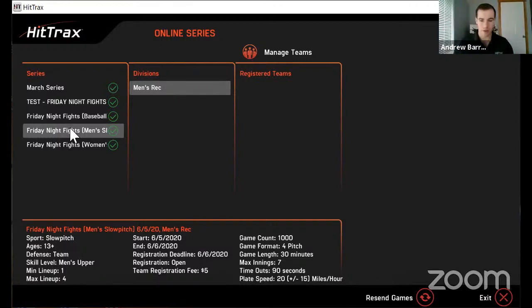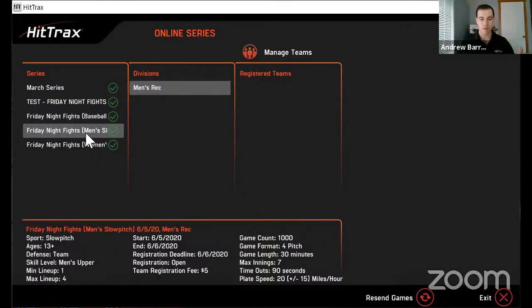So the last piece on the rules and regulations, we talked about the pitch speed, the 4-pitch format, 7 innings. There is a 30-minute time limit on this, so they can't just goof around the whole time, or they can't score 150 runs in a game. But also, just some recommendations that we've made. I've said this before, but